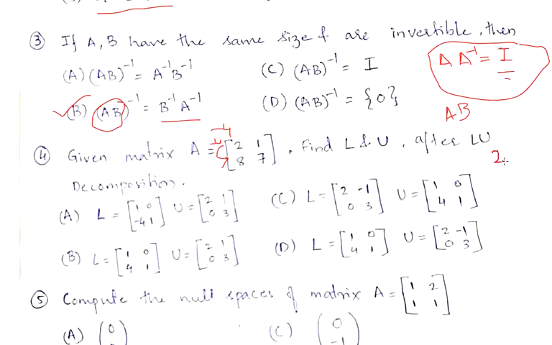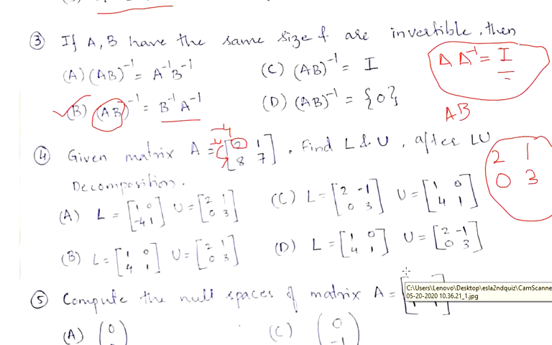So what we will get? 2, 1, second row is 0, considering this as a pivot, remember. So 0 and 4 into 1 is 4, 7 minus 4 is 3. So I got this. So this is the upper triangular matrix, in which we have 2, 1, 0, 3. So upper triangular, so these two are eliminated.